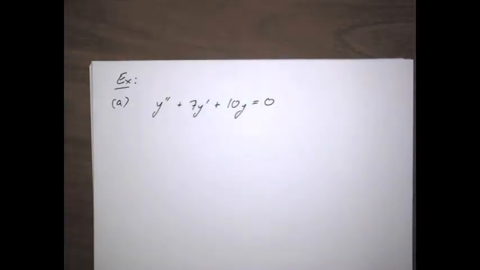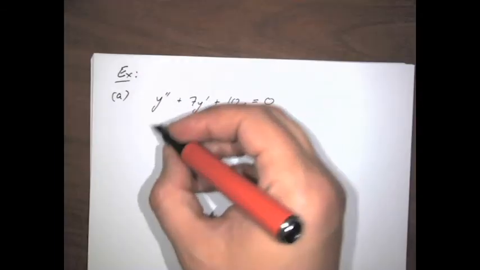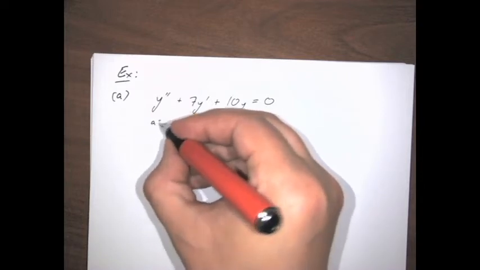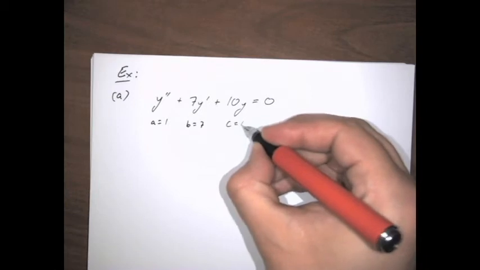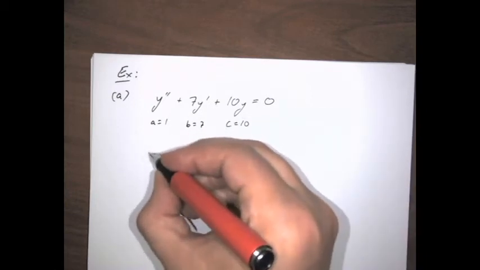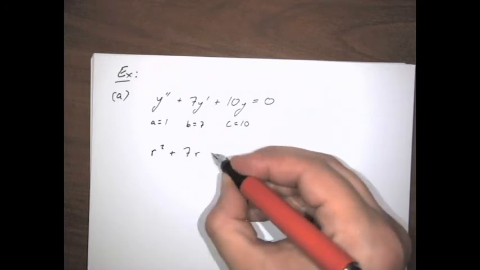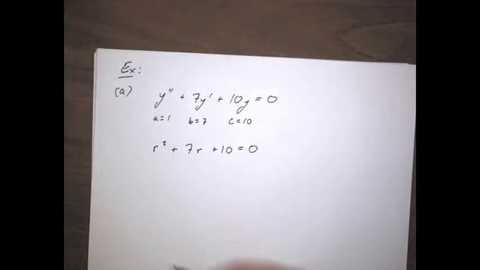So there's a second order differential equation, and so I can cut to its characteristic equation with an a of 1, a b of 7, and a c of 10. That's going to give me just 1r squared plus 7r plus 10 equals 0,